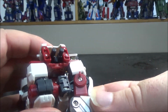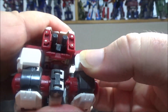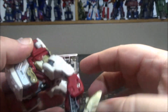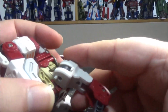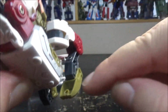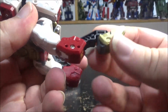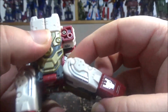So bring the arms here, bring this down, and then you have like this peg again. Oh, this one needs to move like this, and then you peg this here. Voila. So you have this configuration now. Next up, you straighten up the leg, straighten up the feet, and bring them all the way around, and you have like this peg on the back of the thigh will peg onto the tip of the toes like this. Same thing on the other side. Flip this, make sure the toes like this, and then you just flip this all the way around,